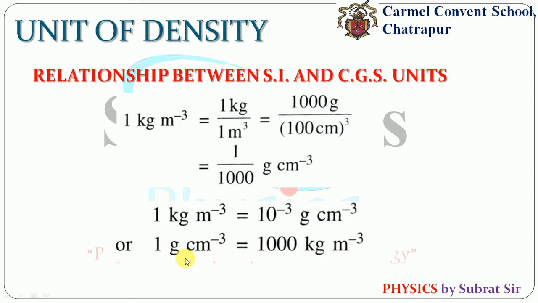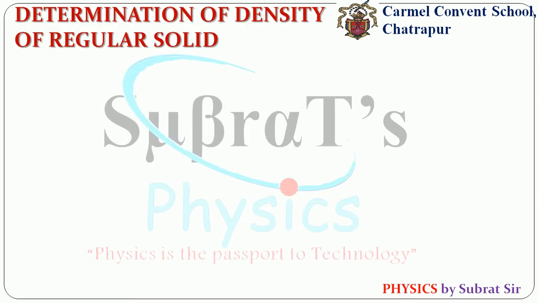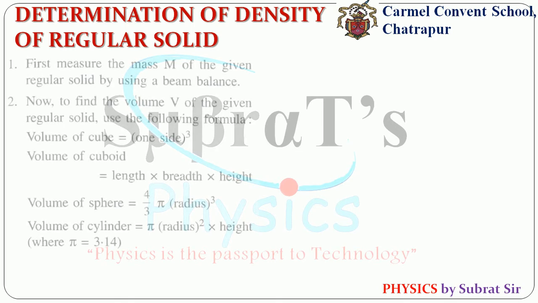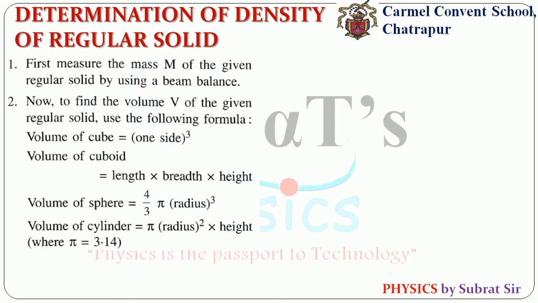So 1 gram per centimeter cube is equal to 1000 kg per meter cube. Okay, then we have the determination of density of a regular solid. First, we have to measure the mass of the given regular solid by using a beam balance. Then you have to find the volume of the regular solid